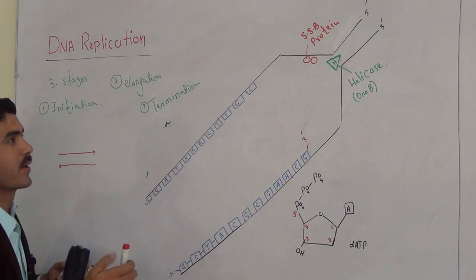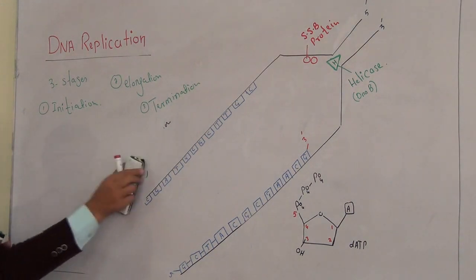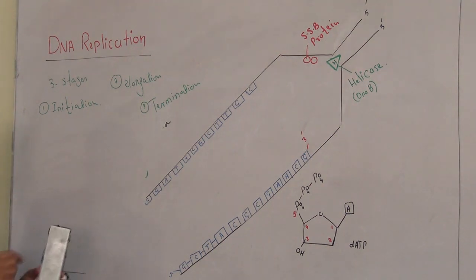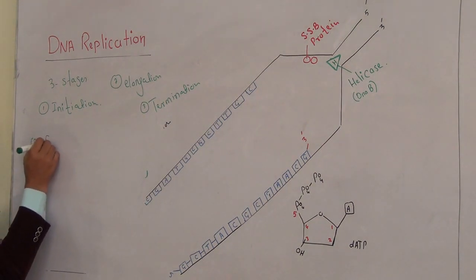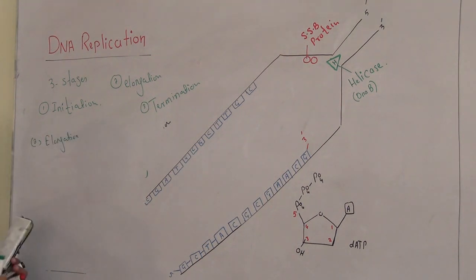This is most important. So come to the second part. This was just initiation. Now the second part is called elongation. In the elongation process,